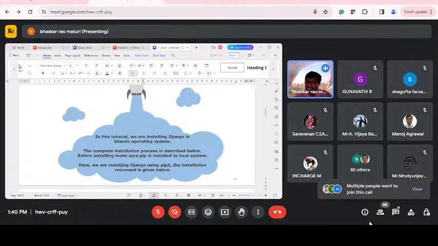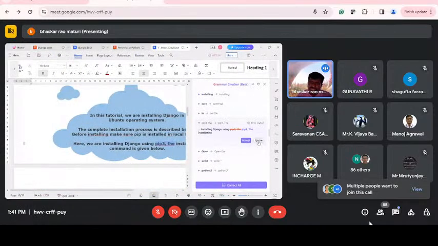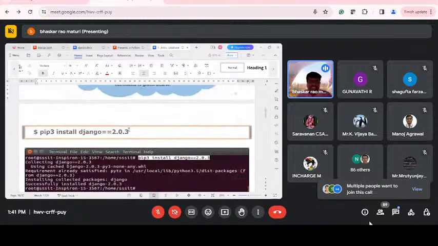Before installing, make sure pip is installed on the local system. Here we are installing Django using pip3, or rather not pip3, now we are using pip only. The content gives the previous versions that they were using, and that's just why I am introducing this. The installation command is given below. What is that? pip install django==, and then the version number. Now here we are using the version